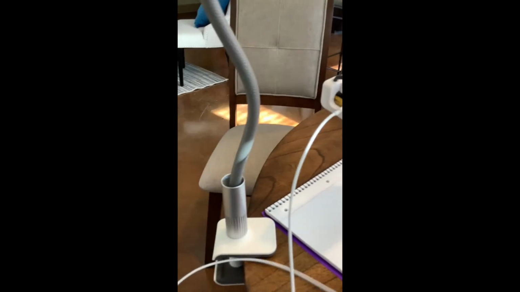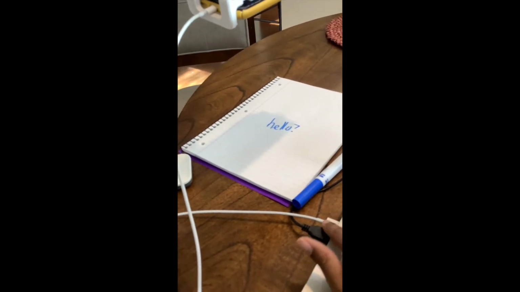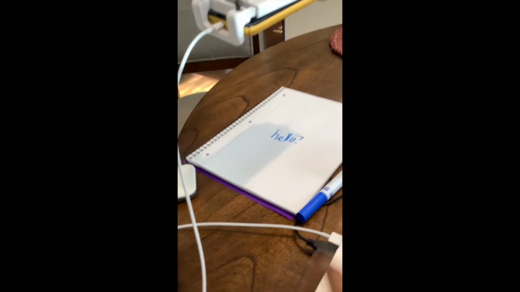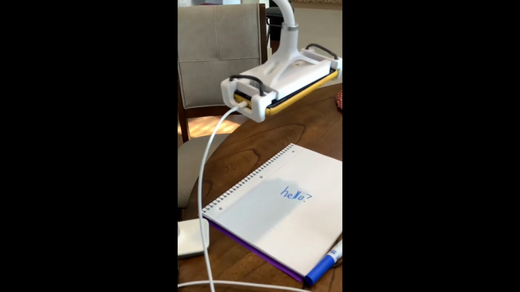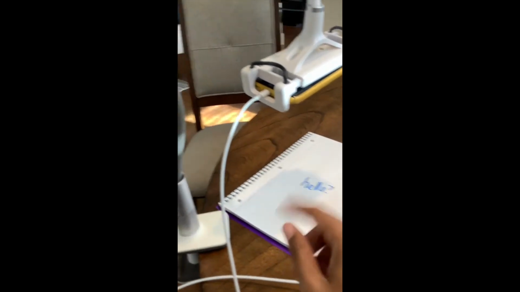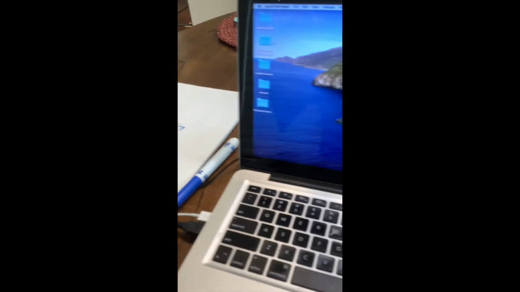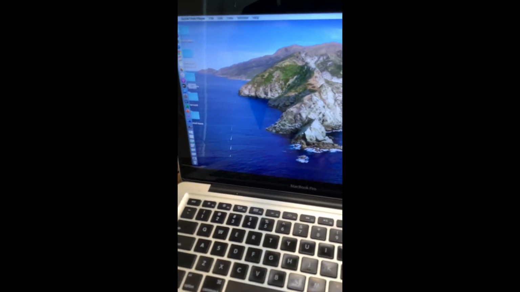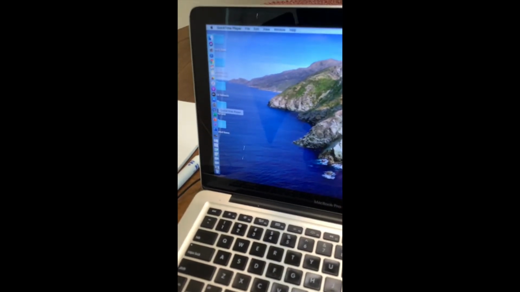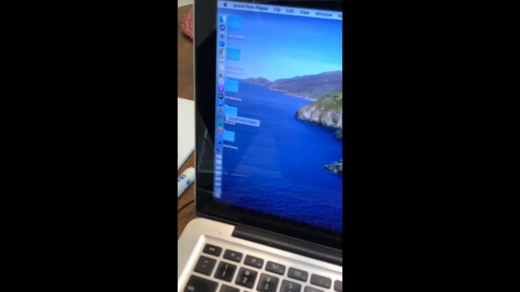Make sure you connect your iPhone to your laptop. So make sure you just use your USB or charger to do that. And then you want to turn your iPhone on, turn on your camera and turn it to the video, okay? Then you go over to your laptop, you open up your QuickTime Player application,